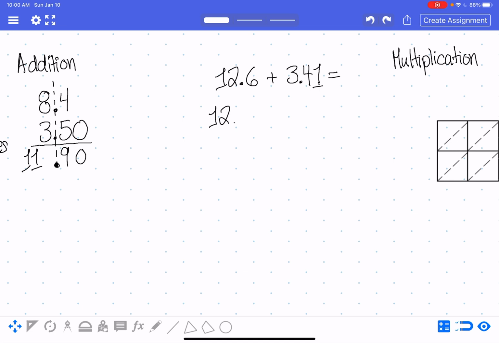So I would take 12.6, okay, and I would line up the decimal right underneath, right? And here you see why it's so important to line up the decimal, because you want to add tenths, right? So this is tenths here. Okay, you want to add tenths. If you write it like this,